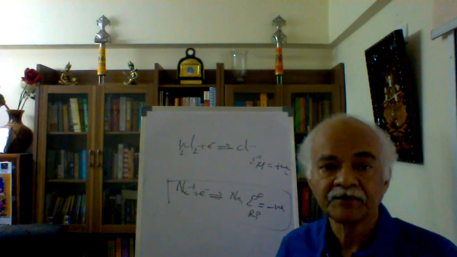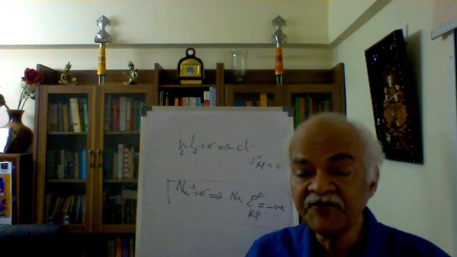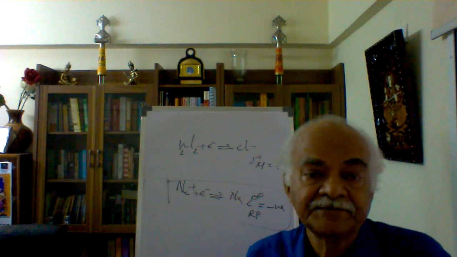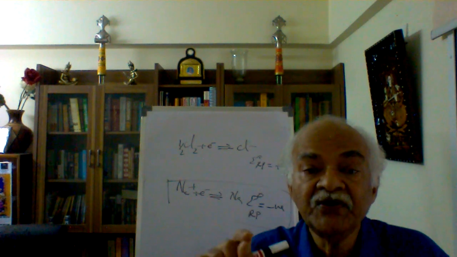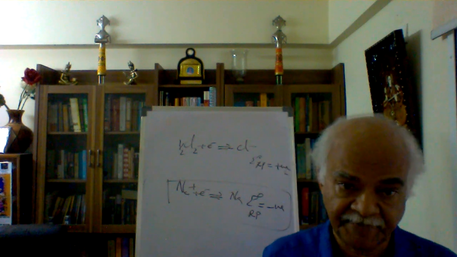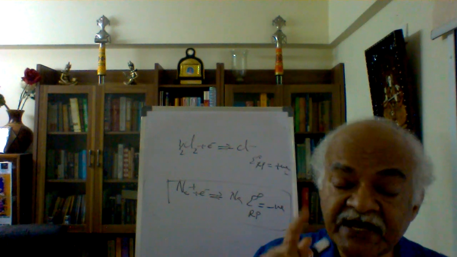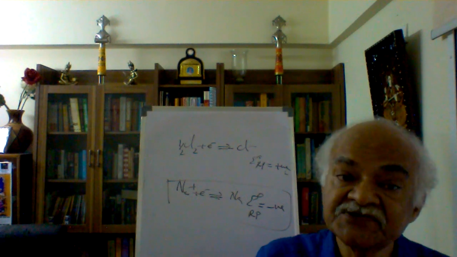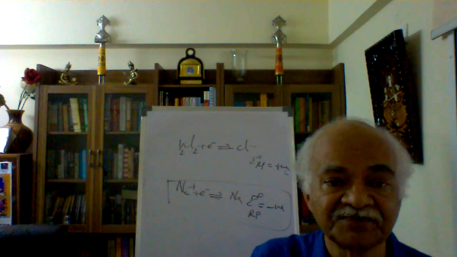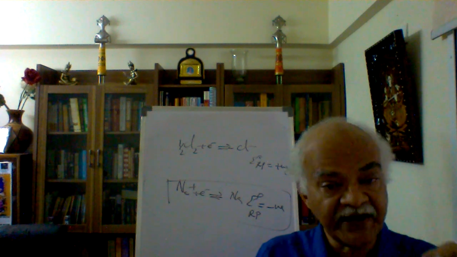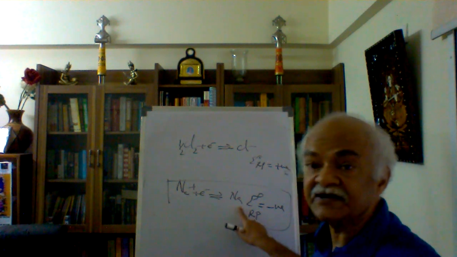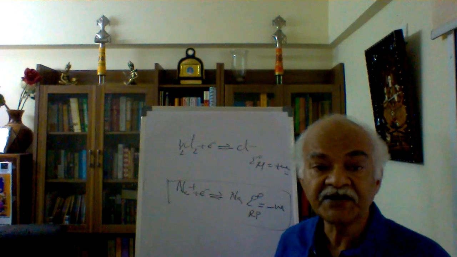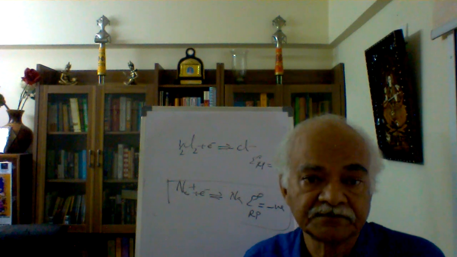Now, after coming to this conclusion, kindly focus on the product here. What is the information you are getting of the product? Product is losing electrons spontaneously. Therefore, if E naught value is negative, that means the product is a reducing agent because it is donating electrons to something else. It helps the other species to undergo reduction. So E naught value negative means the product in that half reaction is a reducing agent.